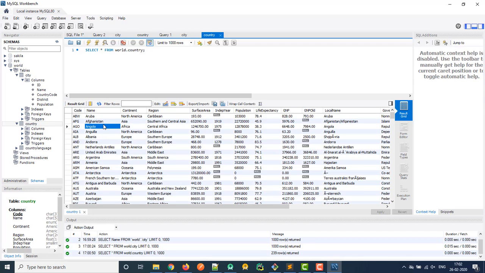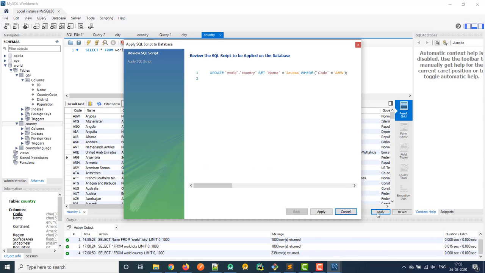Not only can you see things, but you can actually add things and edit things. Say we want to change Aruba. We can call this Arubas if we want, right? And we just come down here. Well, actually, we tab away, and then we come down here to apply, click that, and it creates the SQL code for us: update world country, set the name equal to Arubas, where the country code is ABW. So if we apply that,